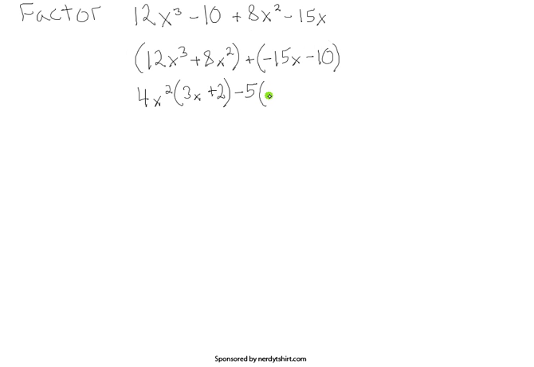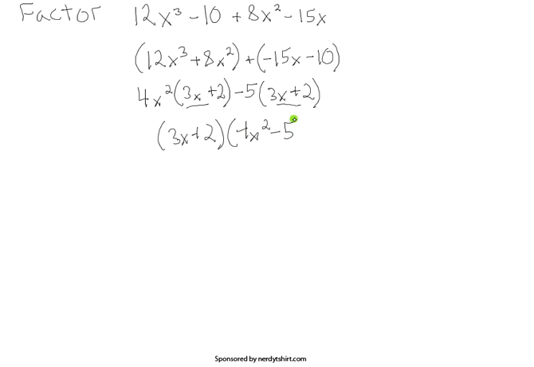times 3x plus 2. So now we have this common binomial here in both of the terms that are left over, so we can then finish the grouping, and we're going to have 3x plus 2 multiplied then by